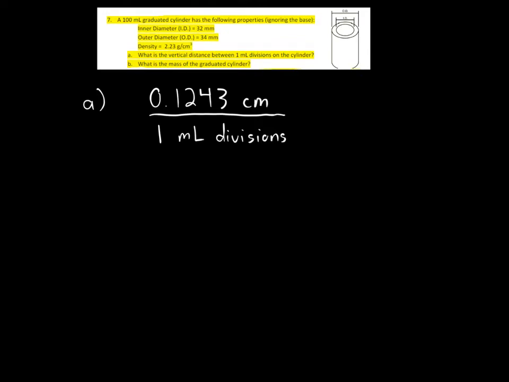I'm a third year computer engineering major, and today I'll be going over number 7 of chapter 1, part B in the chemistry workbook problems. So, it's asking what is the mass of the graduated cylinder? Okay, so we want to solve for mass, and we're given information about the inner diameter, the outer diameter, and density. So, if we look at the